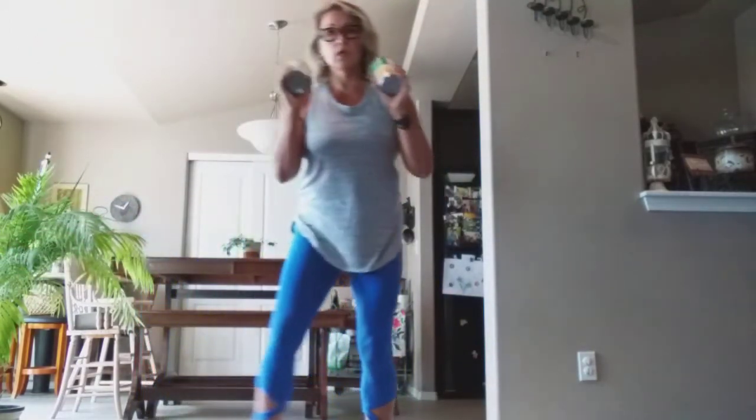We're going to go ahead and grab our cans. If you have hand weights, of course, you can also use hand weights. But this is, again, probably something we all have in our cupboard, and this is just about 1 pound, maybe just under. So again, we're going to find that stability first, our foundation, and our feet about hip distance apart